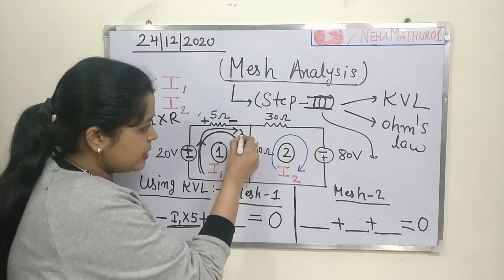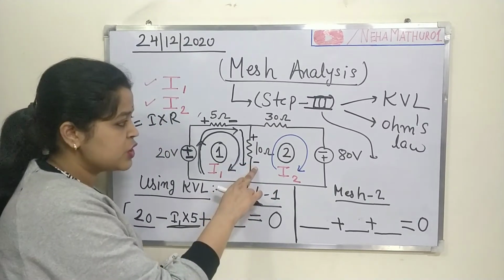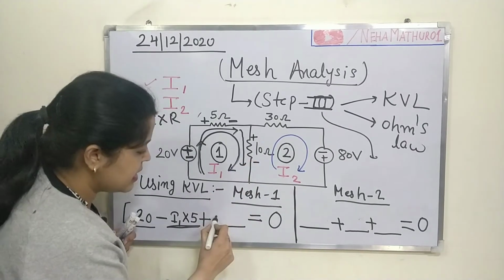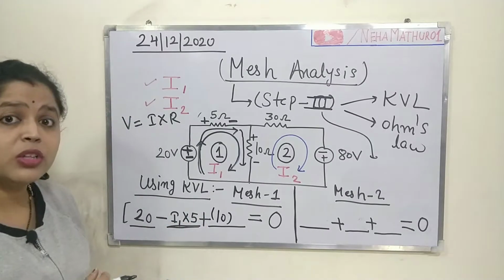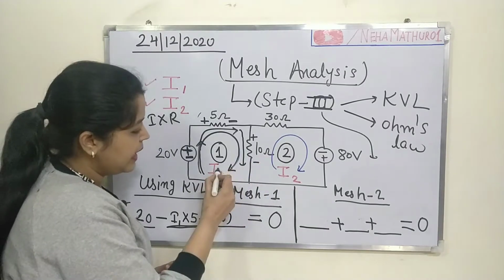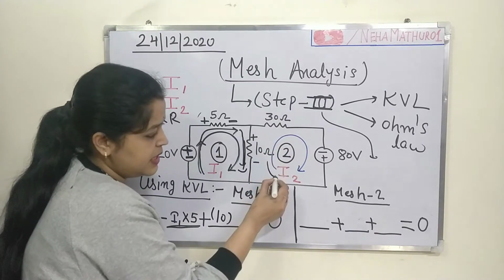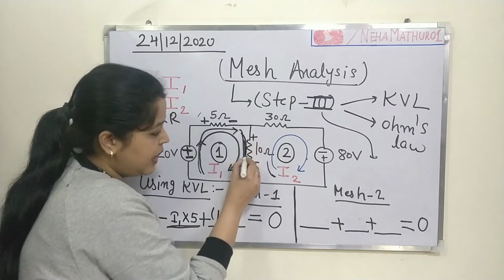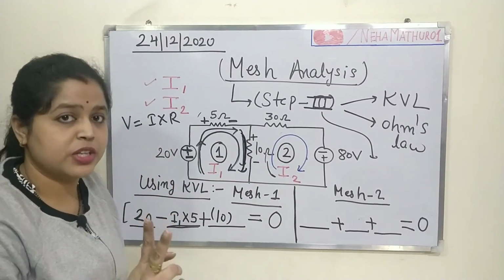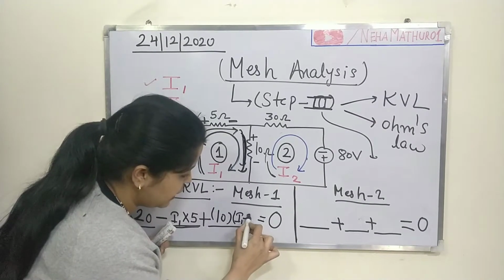Similarly, come to this third resistor. See, you are coming over here, so this end will be positive and this end will be negative. And again the voltage drop across this resistor is equal to resistance into current. The value of the resistance is 10. What about the current? Here you have two currents across this 10 ohm. I1 is going downwards and I2 is going upwards. So both are in opposite directions. So you will have to take the net of these two currents, which is I1 minus I2.